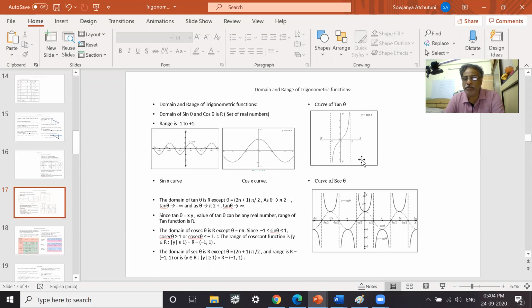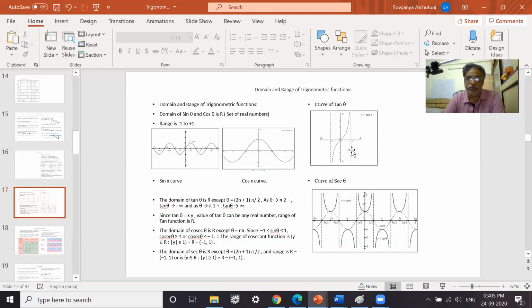So you go from 90 to 180. What happens? From 90 to 180, it becomes 0. From 180 to 270, it is positive because in the third quadrant tan is positive. So from infinity at 90, it goes to 0 at 180 and goes positive at 270. After 270, again the same curve repeats. So the tan repetition is pi, whereas sin and cos repetition is 2 pi. That we'll see about repetition later.